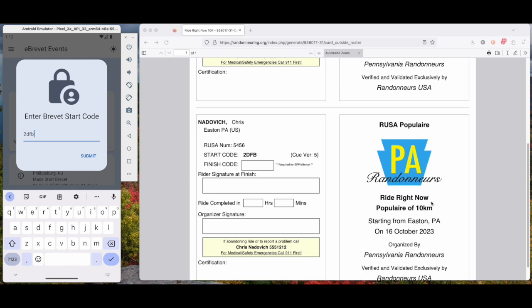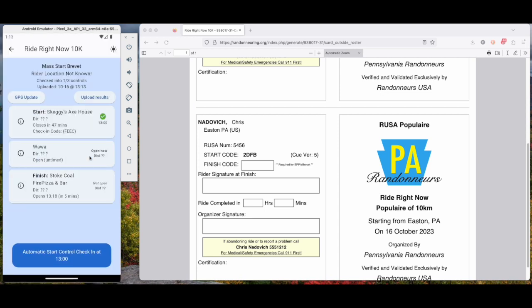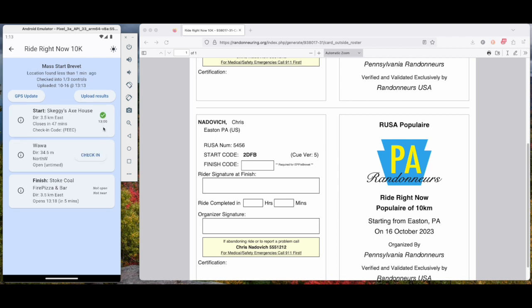And this is the Ride Right Now, Populaire Q version 5. Yeah, should all match. See how the version appears on all the paperwork, so you can check that. So I start the ride. You see, I got an automatic start control check-in at 1300. I got a green check here for that, I checked into that control. The green check indicates that this data has been relayed back to Command Central,